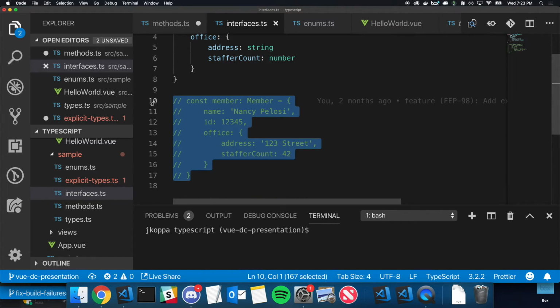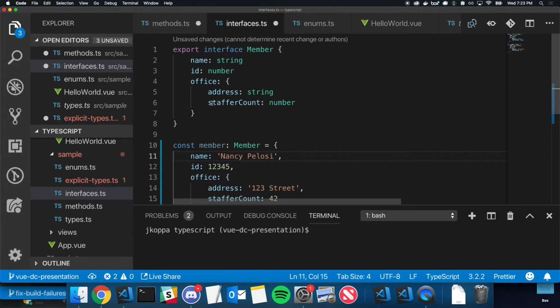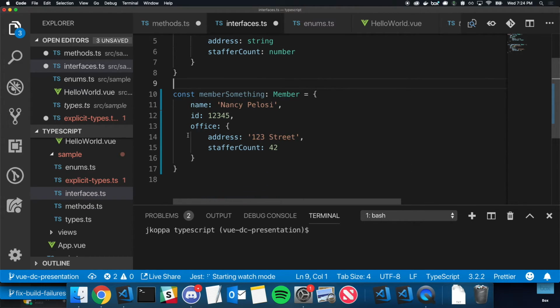So I'm creating this new constant. Often, this is something we can review as we go along. Often interfaces, just from a code standards perspective, will be capitalized. They'll be Pascal case, so capitals, and then you keep your JavaScript variables the same. So camel case, so member something, right? So I'm creating this, and I know that this is the shape it's going to have.